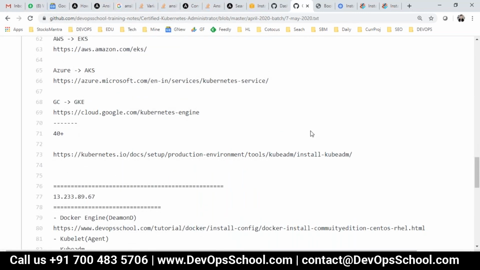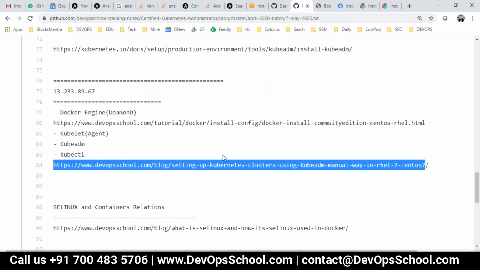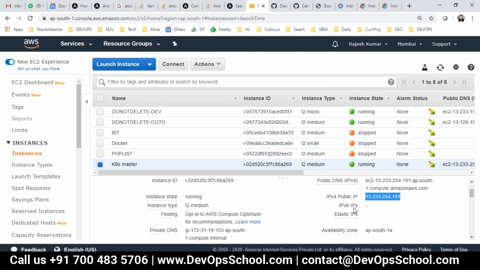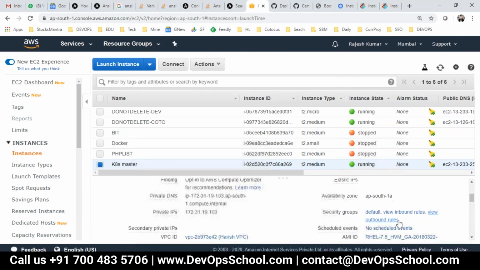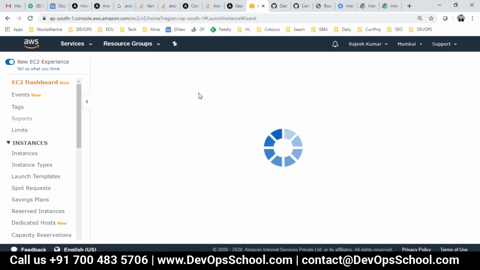There's one URL which I have shared with you, and which is here, I think, right? Yeah, here. So these two URLs. I am going to create it quickly without much explanation. I'm going to follow the instructions. Just watch me doing it. Nothing great, only one step except which I'll talk about.